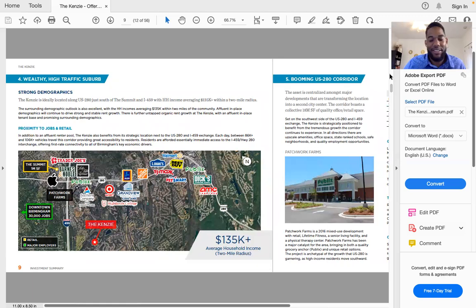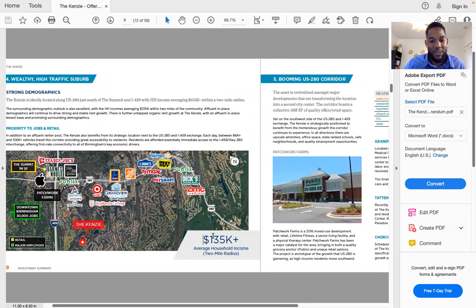I like that, Marcus. Trust but verify. I'm cutting through the BS and straight to it. Look at these employers on this page and ask yourself if they're paying their workers $135K apiece. Yeah, mostly not. That's a good point. I would also say that this corridor right here, this 280 corridor, is a quick commute to downtown Birmingham, about 10 minutes away.